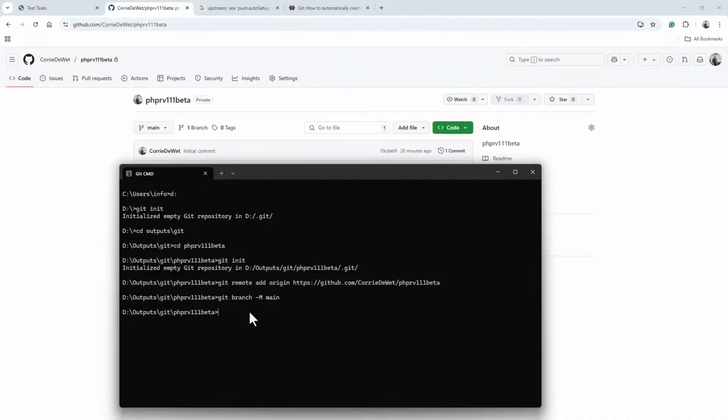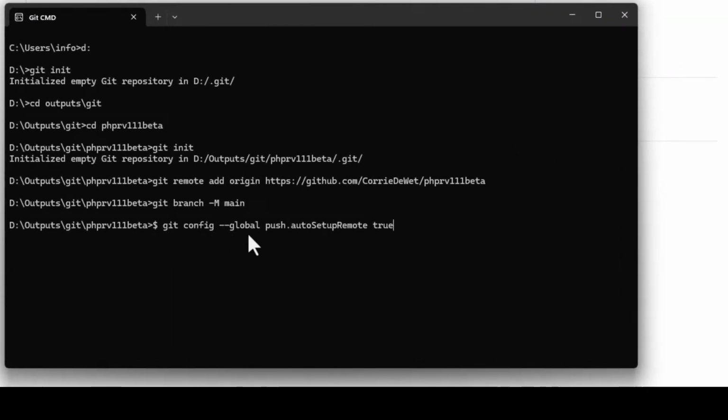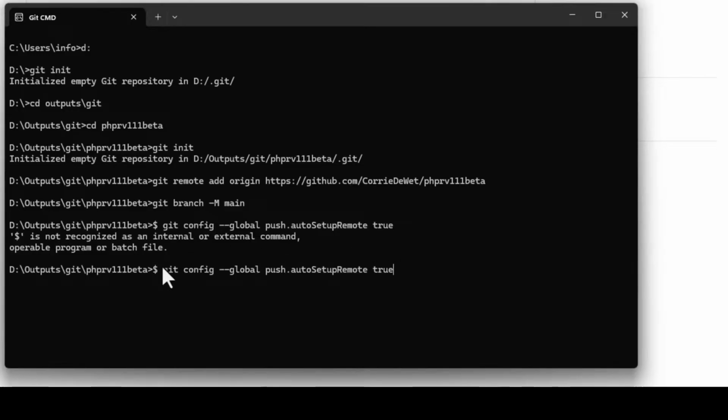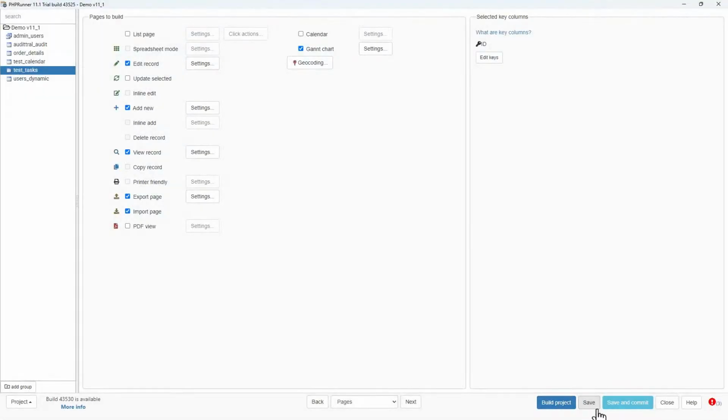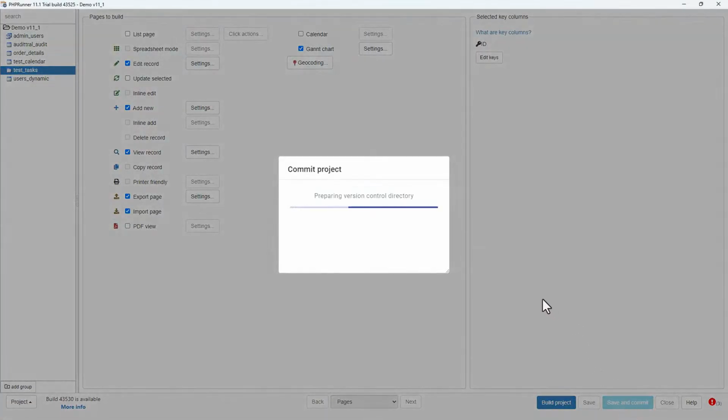Okay, let's just see here. You can now do git config global push auto setup. Okay, well, sorry people, that dollar sign needed to come out. Let me just remove that quickly. This is not in the actual documentation. This is now just for me. If you run into this type of error, just do what I'm doing now. Config global. Okay, there we go. Let's save and commit. Let's see how it goes this time.